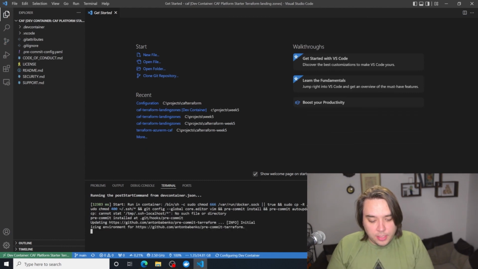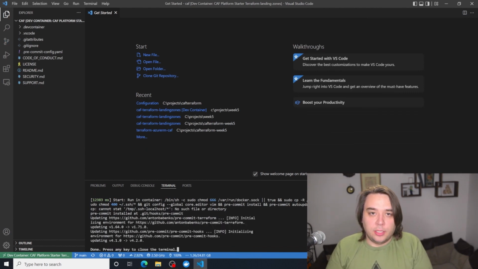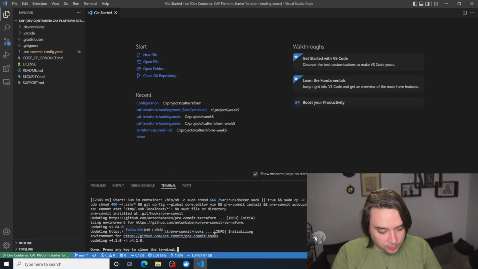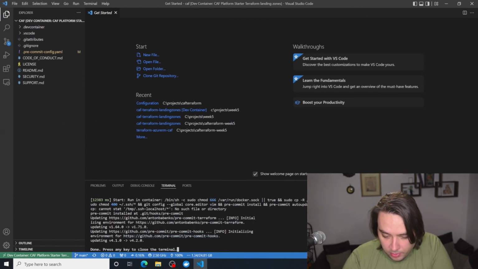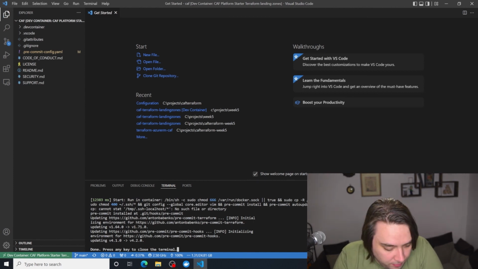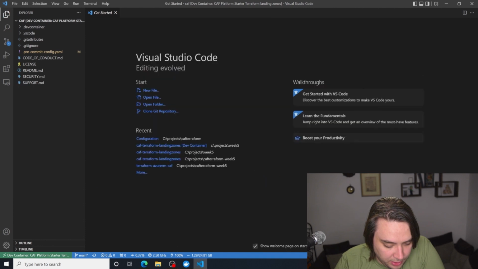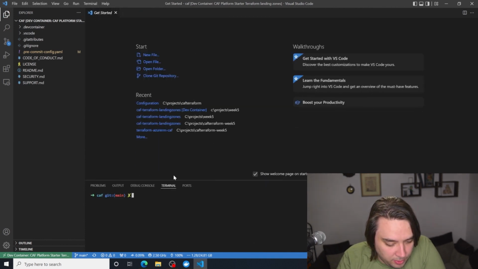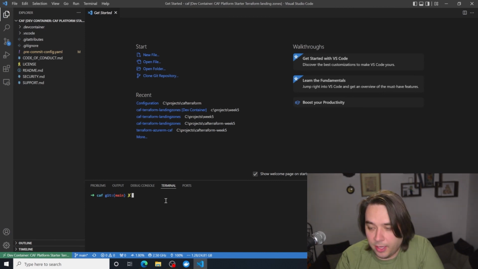It might take some time to run, so give it a moment. Now that it's updated, it says configuring, and then press any key to close the terminal. So we will. Now we click on new terminal, and we are now in CAF-GIT.